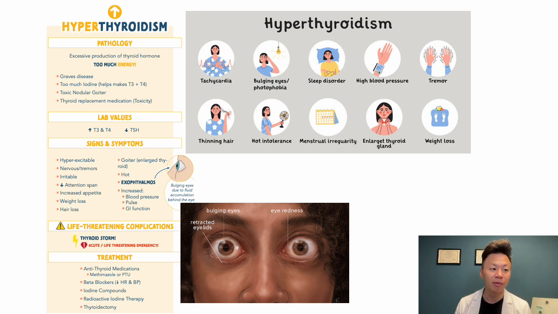If you see this picture on the bottom right here, that is what we mean by exophthalmos. That is your bulging eyes. Because think about a hyperexcitable person and you're just bulging right there. All right. Now, we can't talk about hyperthyroidism without talking about the extreme form of this, and that is